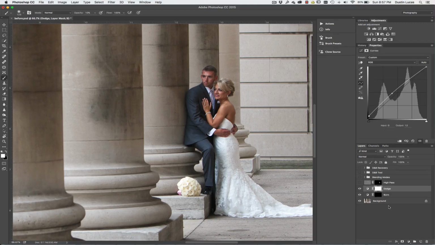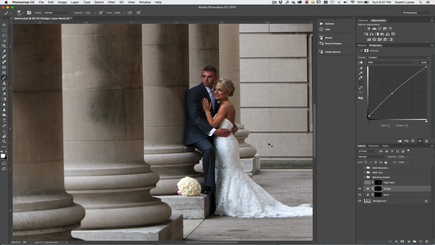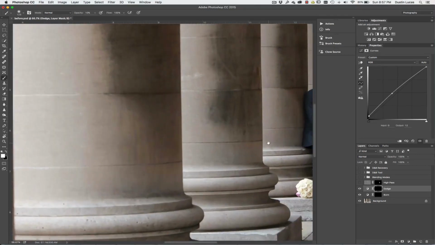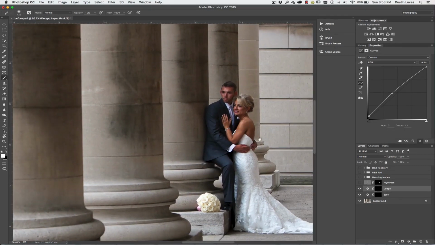So we're not going to do that much of an effect to it, but it's just going to let us do a little bit of work to where we can flatten some of those tones. So we can go in here, around 10%, yeah. So you can go in here and kind of work through this. As you can see,